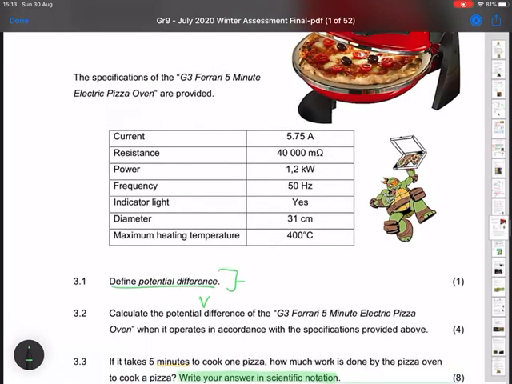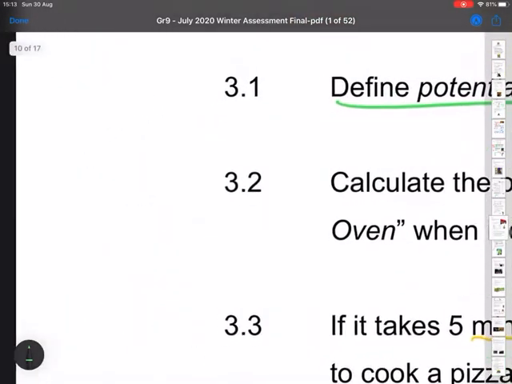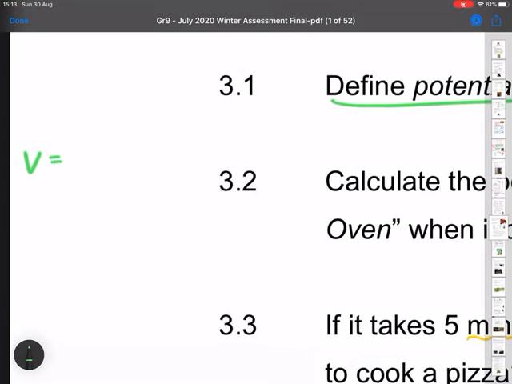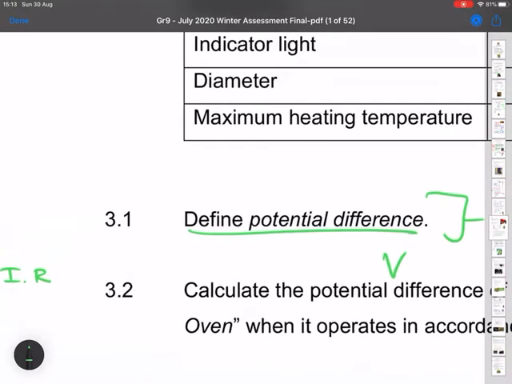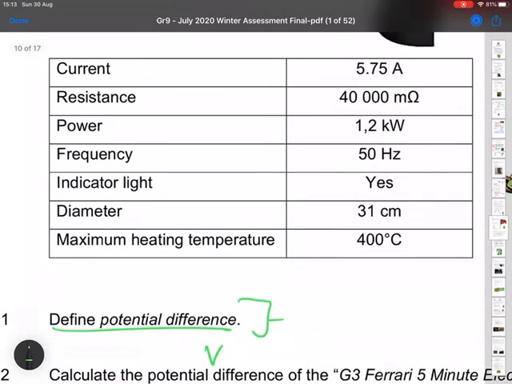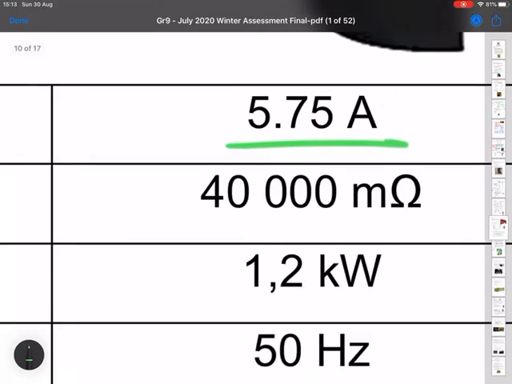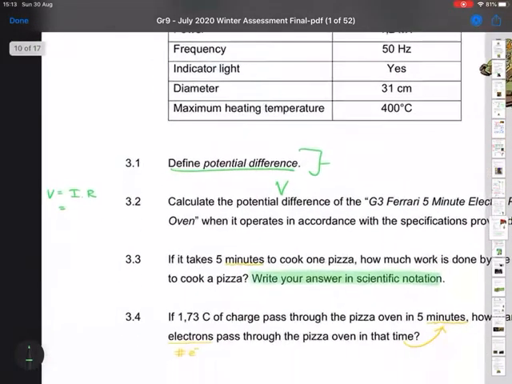So here, in order to calculate V, you should know the formula. V is equal to I times R. V is measured in volts. I is the current. How much current passes through this device? There we go. Current 5.75 amps. Is it milliamps or picoamps or anything weird? No. It's already in amps, so you don't need to convert. So 5.75 amps